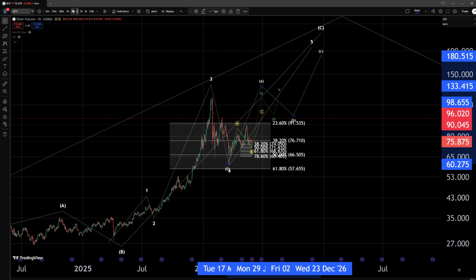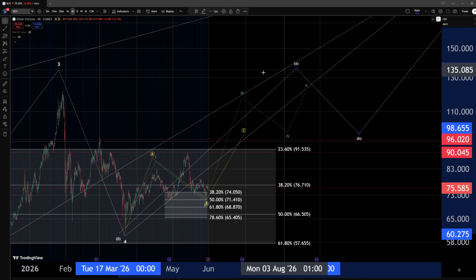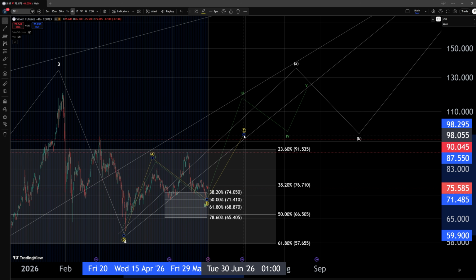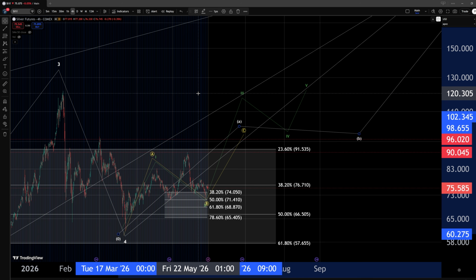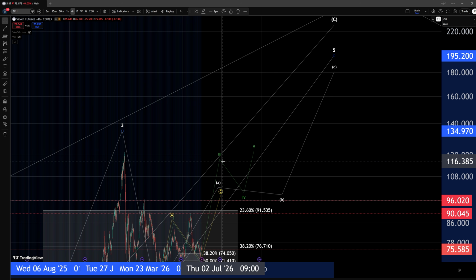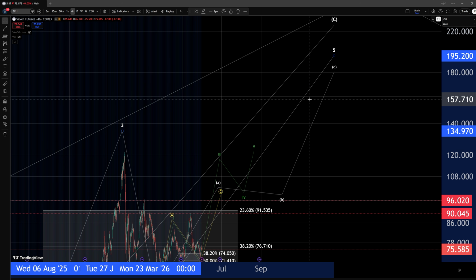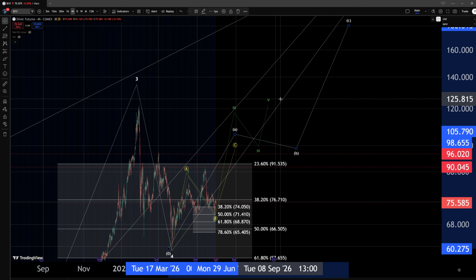So we have been tracking two different scenarios within the smaller time frame that could end up building up this wave A. In green we are tracking a leading diagonal, and in yellow we are tracking an ABC pattern, right? The scenario where the wave A would be a 3-wave move to the upside instead, and probably in the yellow interpretation, we would need to expect to not get as high, as large of an extension within the overall wave 5. If we follow through within the green scenario, I believe we could be looking even at $150, $160. Whereas if we follow through within the yellow interpretation, we might need to expect more to top in the region of maybe $130,